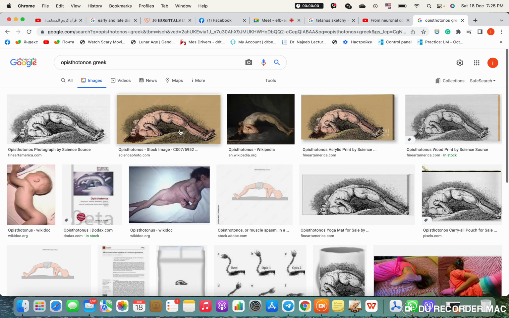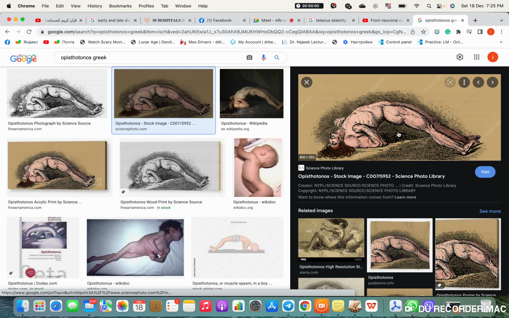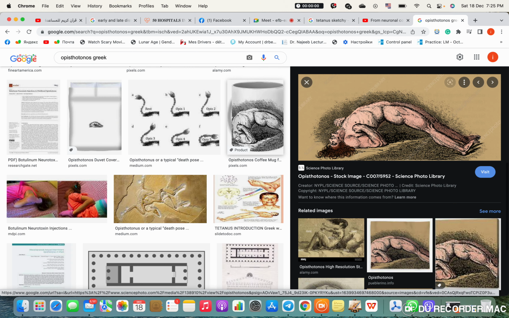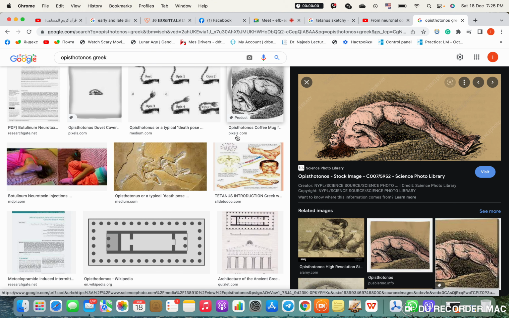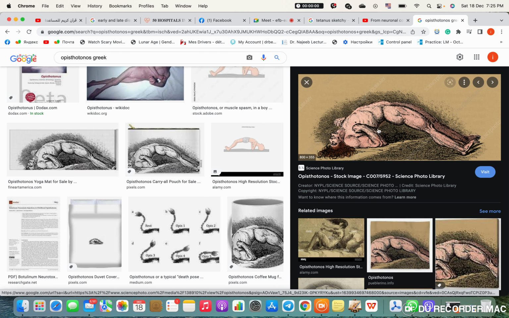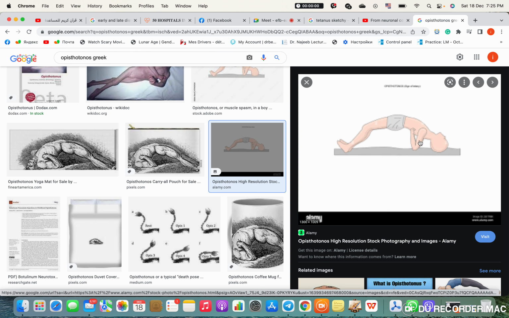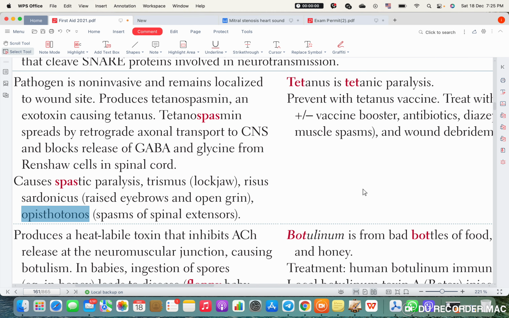Okay, this is tetanus, but why is it related? It was a way to make a man suffer. It's a way of torturing. Putting a person in an opisthotonus position was to grab his legs and connect him with his arms and keep him like that for a long period of time. So that's where the word opisthotonus came from actually. And it also looks like a structure that we'll speak about later. But in general, I want you to know that it just looked like this, okay? Yep, something like this. Okay, done with tetanus.